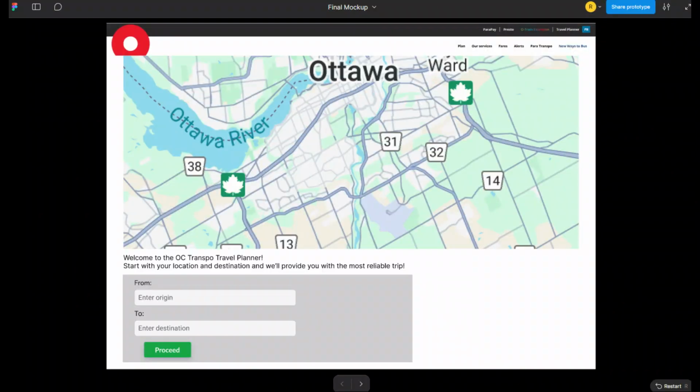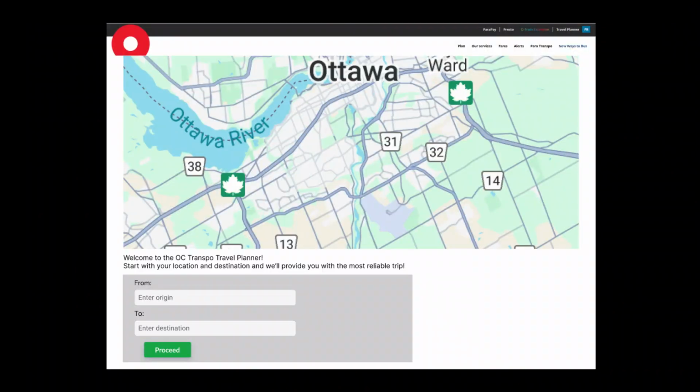Moving on to my redesign, my prototype in Figma, here is my homepage. It immediately is much calmer and easier to process. The user is only asked for the origin and destination, following the principles of minimizing cognitive load and aesthetic minimalist design. The fields are clearly labeled, and the proceed button is simple and obvious as it's green, which improves affordances